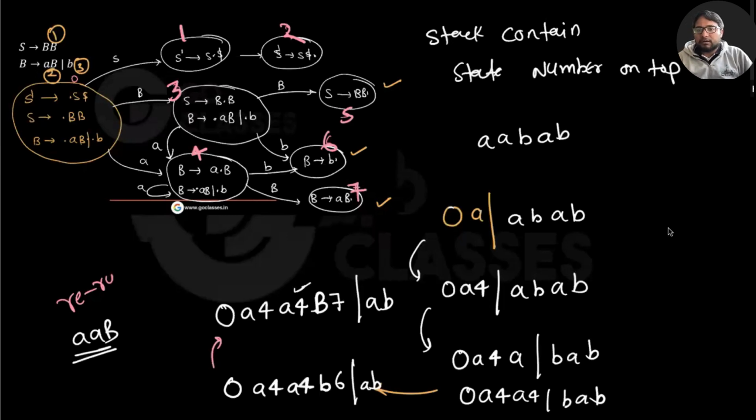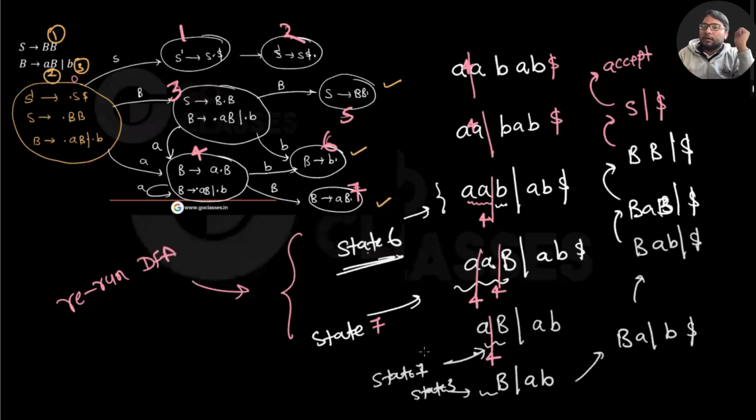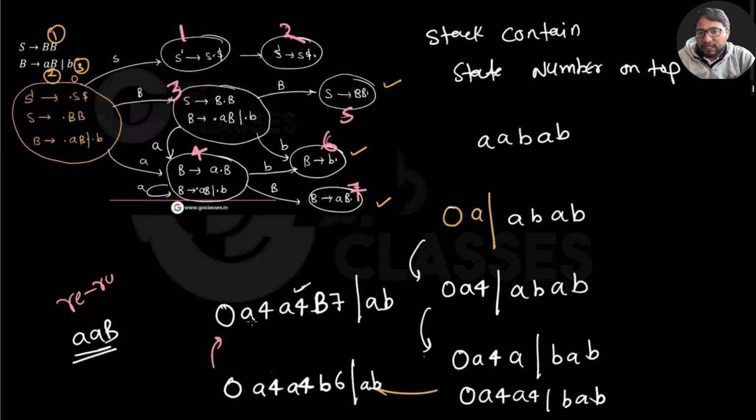Are you understanding my feelings? What I'm trying to say. See, what we are doing. Earlier, what we did, we were just pushing the symbols. We were not pushing the states. But what I'm saying is, let's also push the state. For every symbol, let's put one state. For this A, I'm pushing 4, and then if this A is coming, this is going